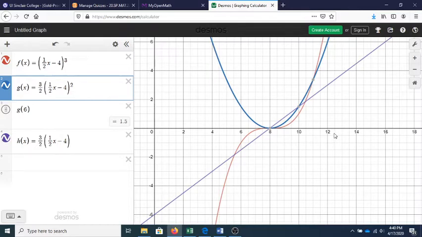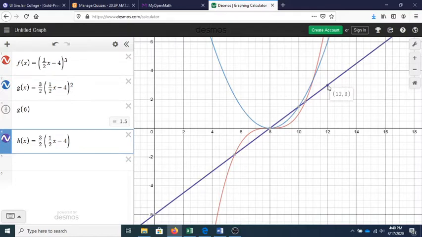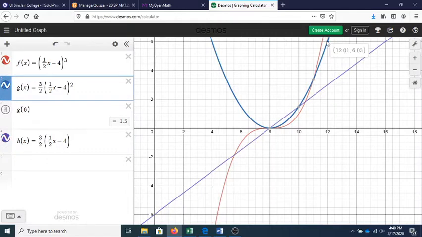Okay, likewise, if I come over here to, say, 12, well, there, the second derivative has a positive y value, and that's because the first derivative has a positive slope there. Okay. Now, anywhere